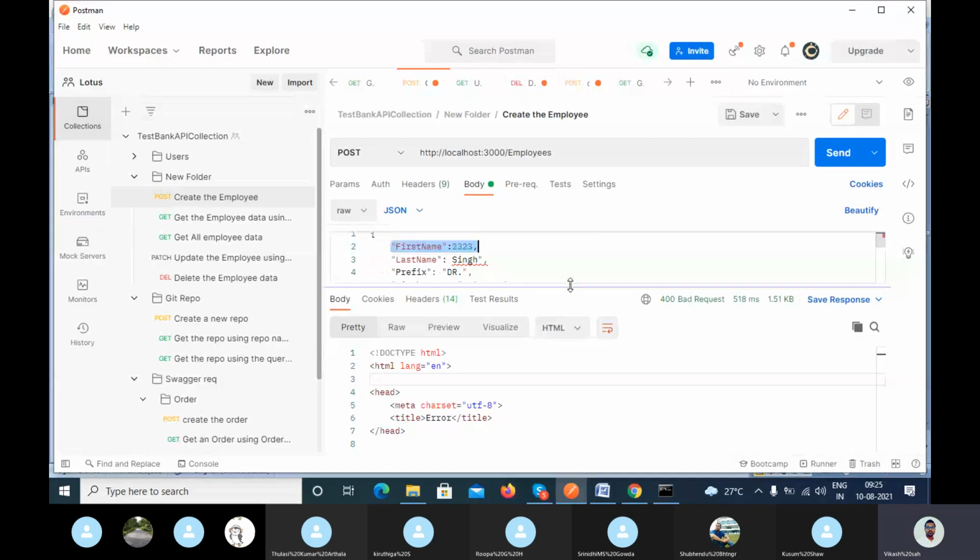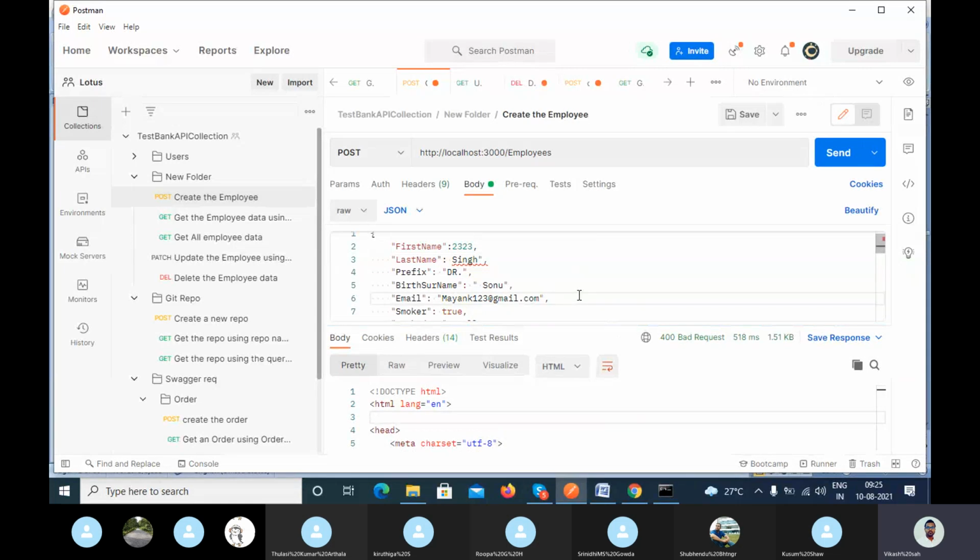Okay, not found means whenever you create any data, and after creating it, you try to find the data using the ID or another query parameter. And you are trying to delete the data. So if the data which you are trying to get, delete or update does not exist in your server inside that particular resource, then you will get 404 not found.